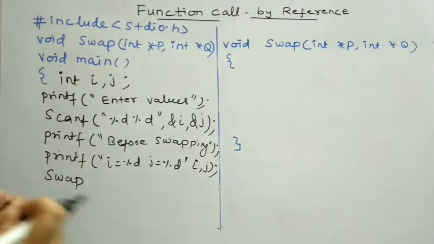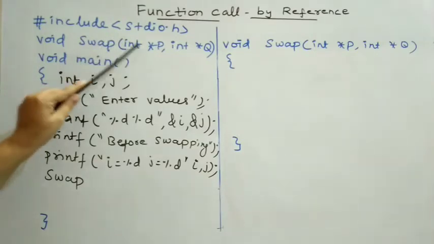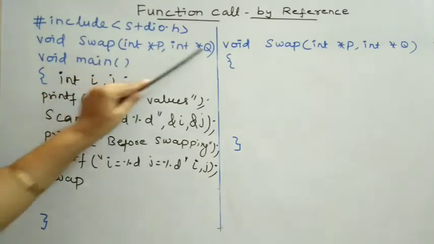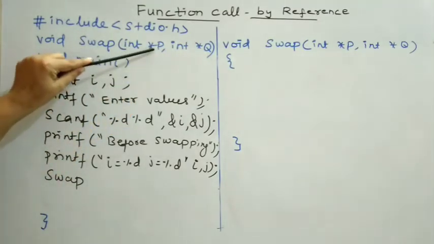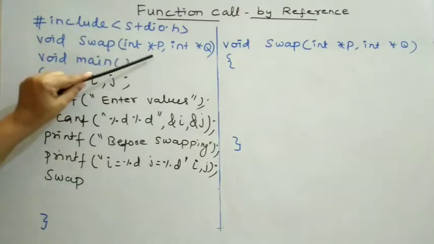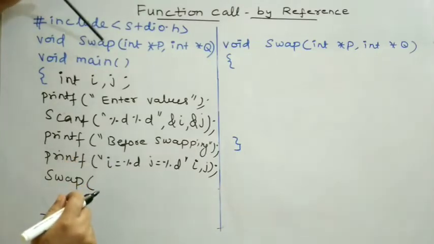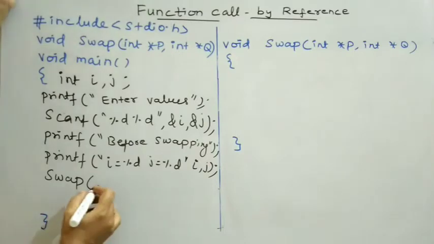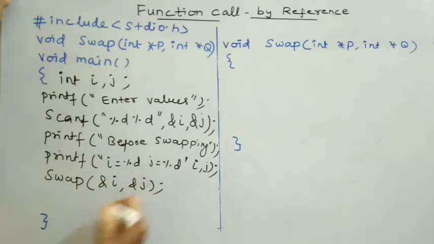So what is the definition of the function? The function swap is not going to return any value, so the return type is void, and then the function takes two function arguments, that is p and q. Both p and q are pointer variables. Originally a pointer variable contains a memory address. So when I call this function, I need to pass memory addresses for this function argument p and q. I am calling this function swap to swap the values of i and j. Since in the function definition, the function parameter is a pointer variable, I am passing the memory address of i and the memory address of j.